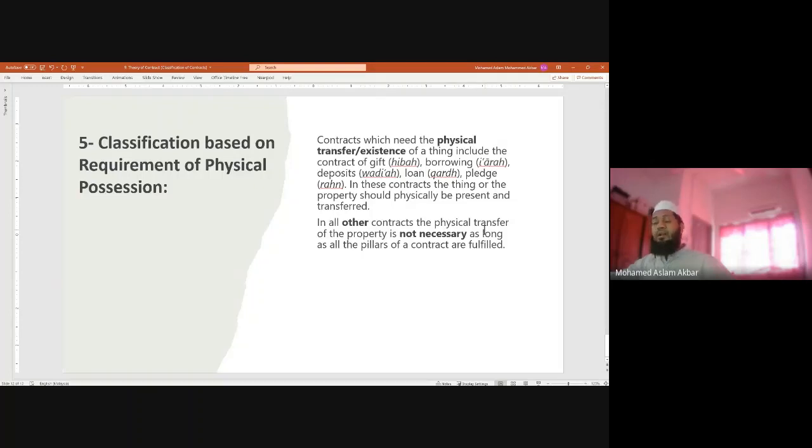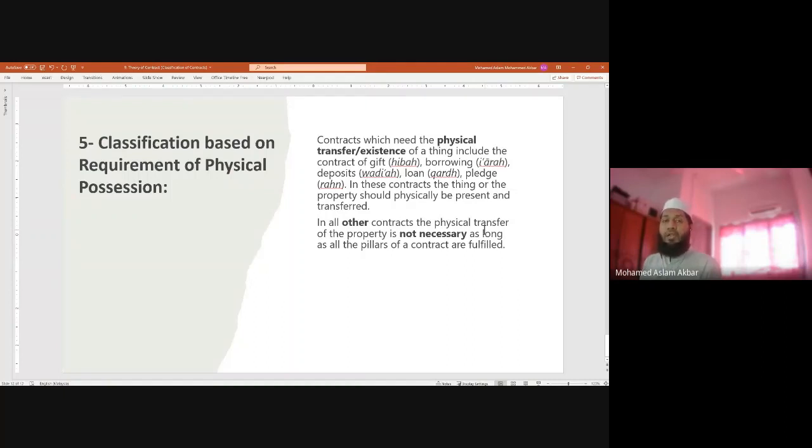Or wasiya, all these contracts which do not necessarily require physical possession. The physical requirement comes most of the time with al-uqud at-tamlikat that you did before. Most of the time of course there should be physical possession. But there are certain other contracts